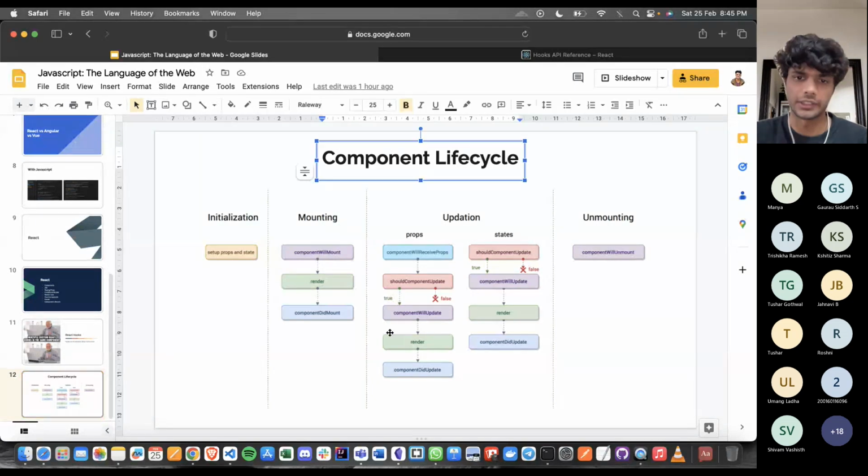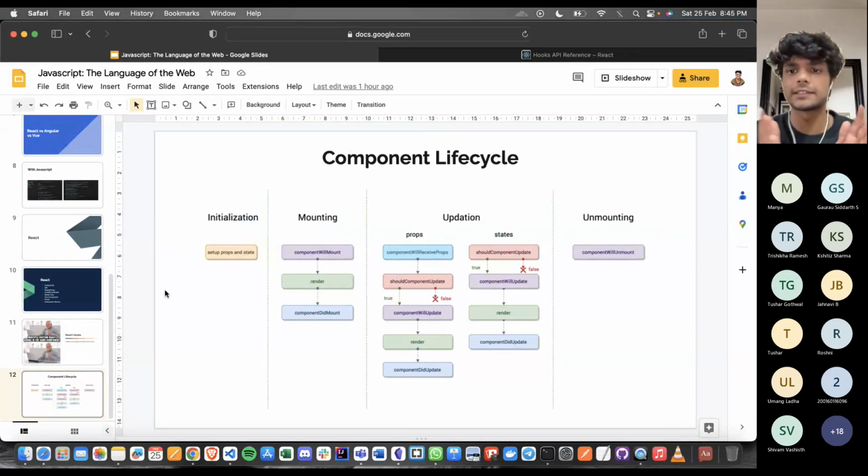Now, what is component life cycle? तो ये diagram सबसे easy explanation देता है for the component life cycle. Okay, तो ऐसे समझो, रिएक्ट कंपोनेंट से बना है। मैंने जैसे बताया, हर एक चीज एक कंपोनेंट है। तो हर एक स्मॉल चीज एक कंपोनेंट हो सकती है, और वो नहीं है तो वो एक कंपोनेंट के अंदर है।